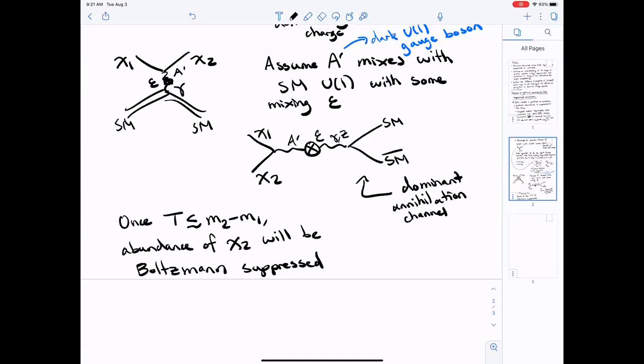Question off the back. Operators which are added to the Lagrangian, what kind of dimensions is that? Okay, yeah, thanks, Marco. So the question was when you add these operators to the Lagrangian to give a Majorana mass to the chi-1 and chi-2, then what kind of dimension do these have? I'm going to mostly defer this question to later. I can point you to some references, but there are multiple ways to do it.